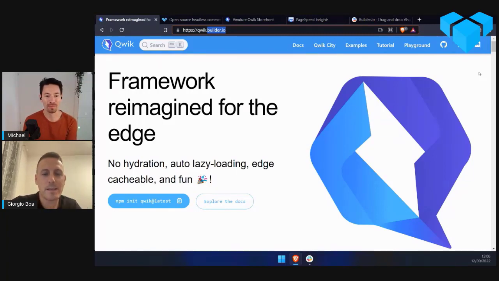Okay, Qwik is a new framework with a lot of new concepts like resumability. Most of the current modern frameworks are using hydration to perform the server-side rendering work. And resumability is quite different from hydration.